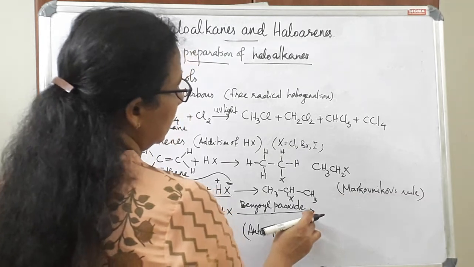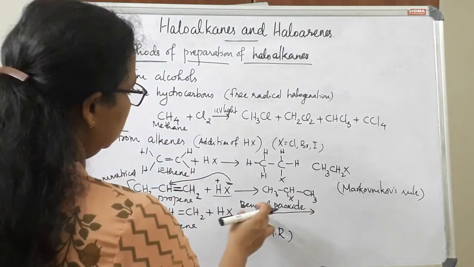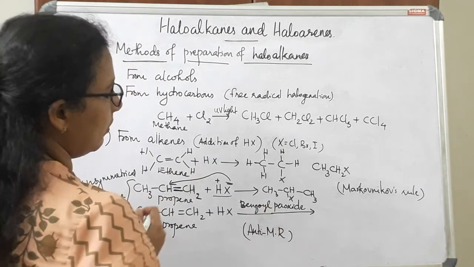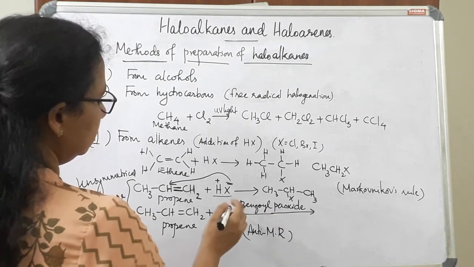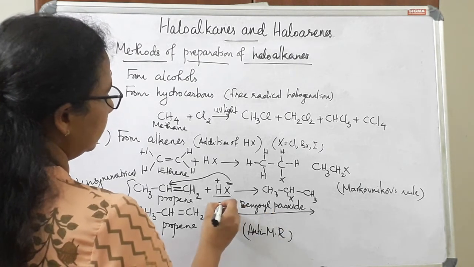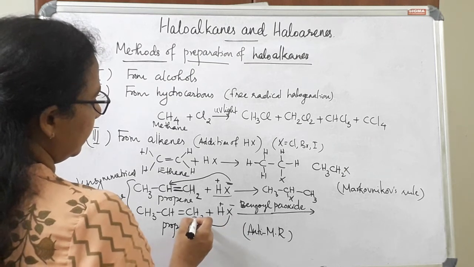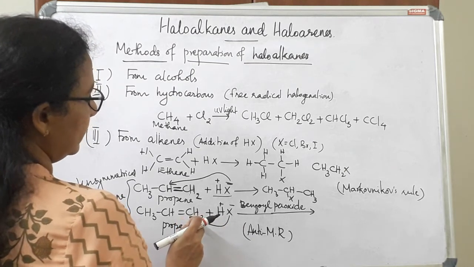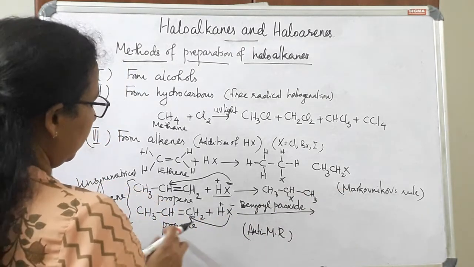That means it is the opposite of Markovnikov's rule. If there is a presence of benzoyl peroxide, the negative part of the adding molecule should go to the carbon containing more number of hydrogen atoms. That is actually the opposite of Markovnikov's rule. So the product will be